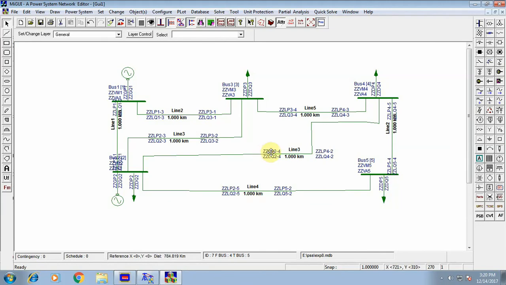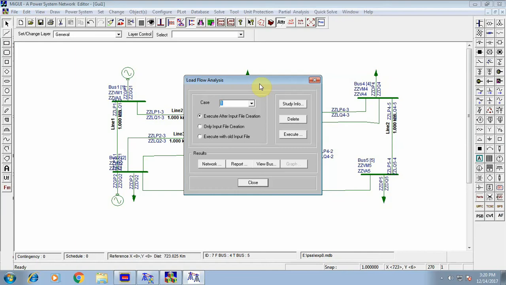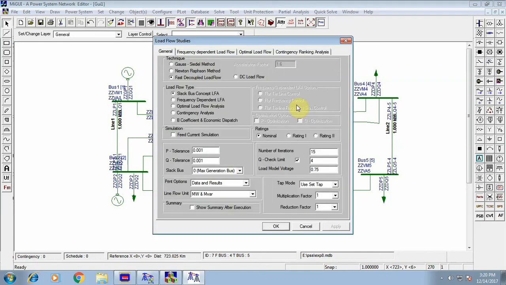To solve the problem we need to go for the solve option or solve menu. In this menu bar, click on the solve, click this load flow analysis, and now click on the study info to select the load flow analysis. So here in this one we need to select this Gauss-Seidel method and enter the acceleration factor which is given 1.4,